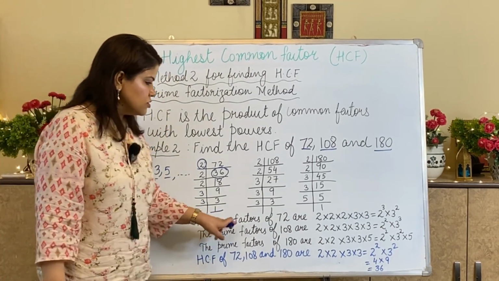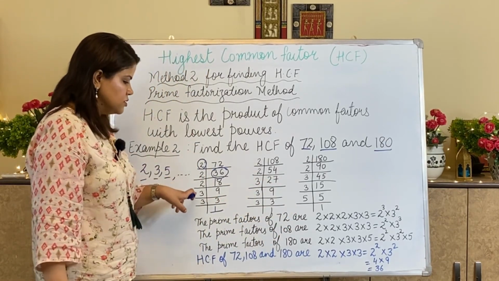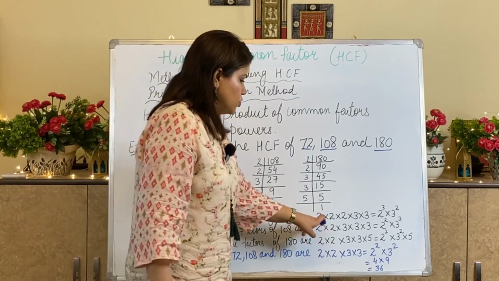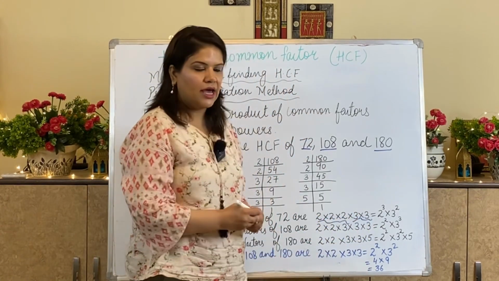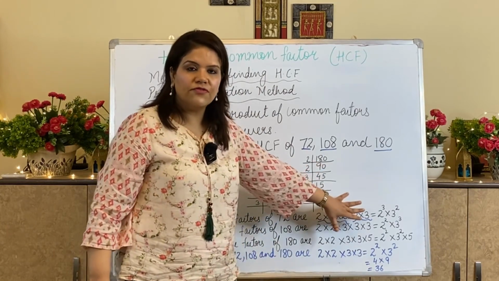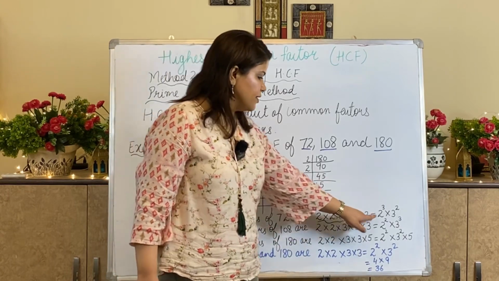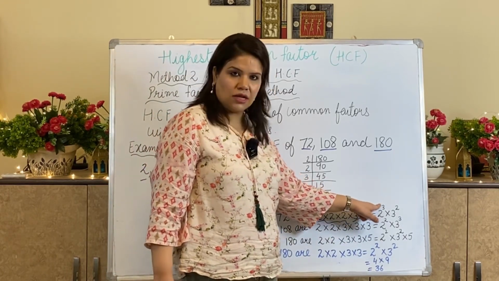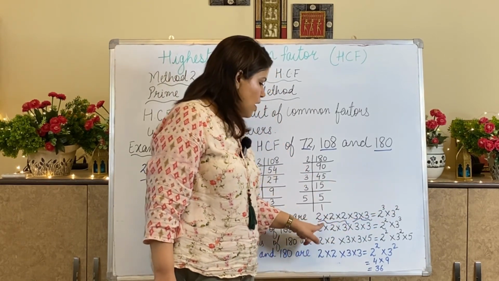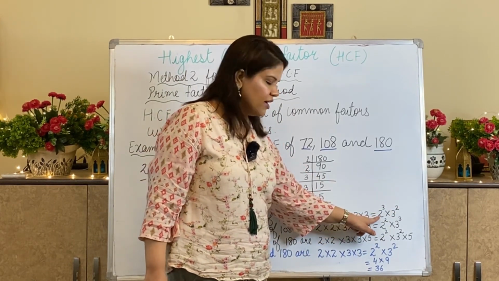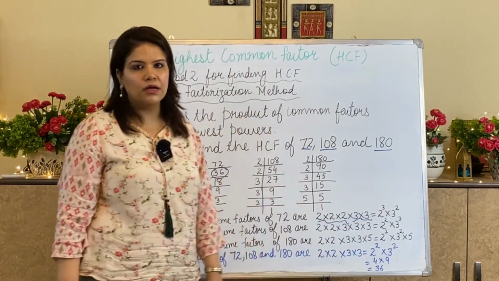So the prime factors of 72 are, how many times did I get 2? 3 times, and 3 two times. In exponential form, using the concept of power, we will write them as 2 raised to power 3 into 3 raised to power 2. Whatever number is getting multiplied, that I will write as a base. Number of times it is getting multiplied, that will become the power.